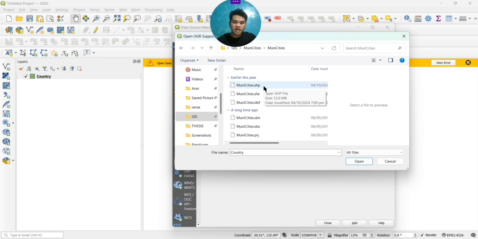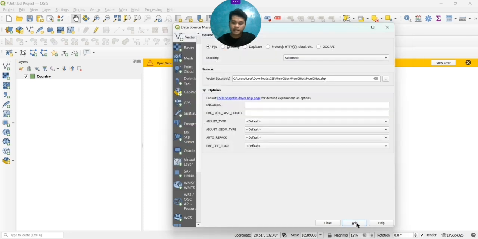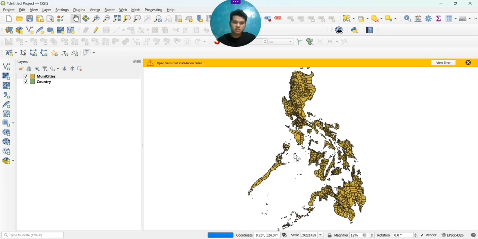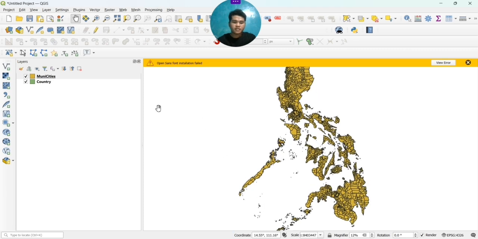Remember, look for municipality SHP. I will always be reminding you to look for the SHP right there. Then open, then add first and close it. When you close it, zoom so you can find your municipalities.